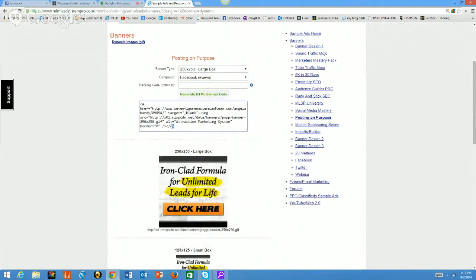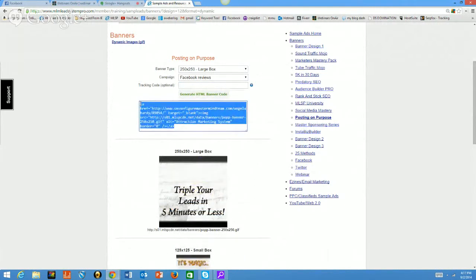generate the banner, and you can just copy that, paste it on your blog. And what this does is it means that if somebody goes through that, they are put through the campaign that you've created. So they go onto that particular list and they get those particular emails. Okay, so you just copy that, paste it in the widgets section of your blog, or get someone to do